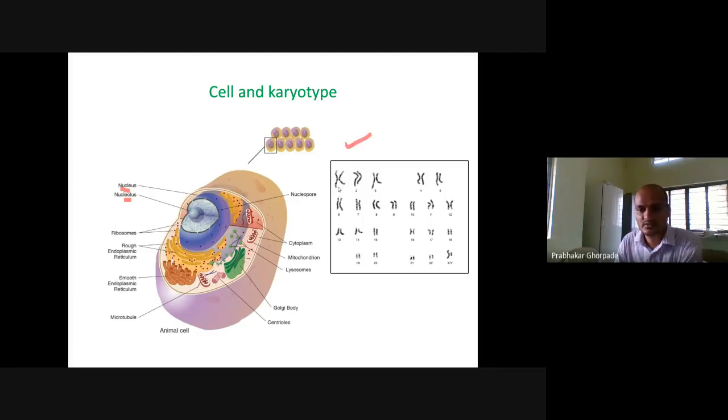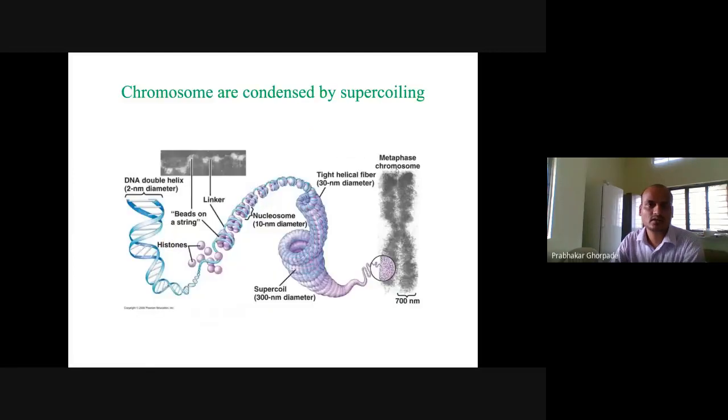In our case, we have 23 pairs of chromosomes. 22 are called autosomes, and one pair is X and Y, the sex chromosomes. Based on whether it is XX, it is a female, or XY, it is a male, right? So this is the structure of cells, and these are the karyotypes. We are interested in this topic for studying. For example, this is our chromosome, and we want to see what its structure is, what it is actually made up of, and we are more concentrating on the nucleic acid part of it.